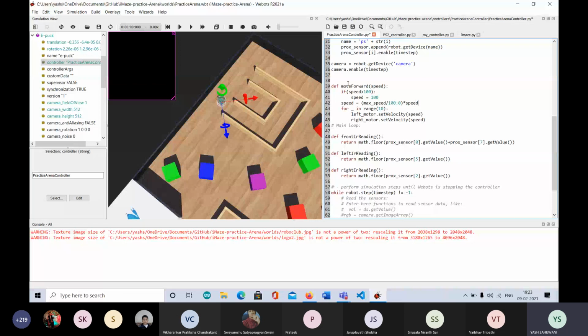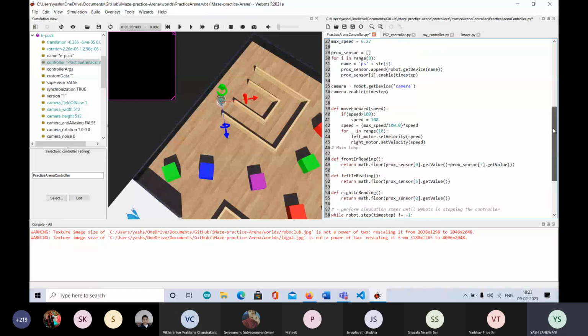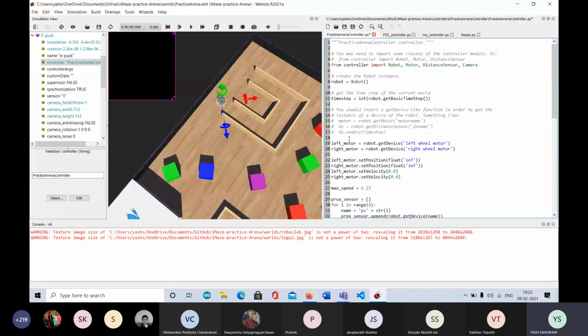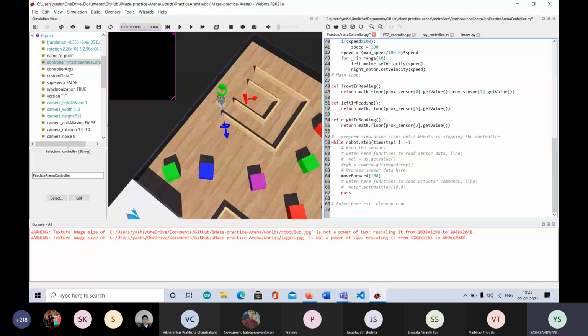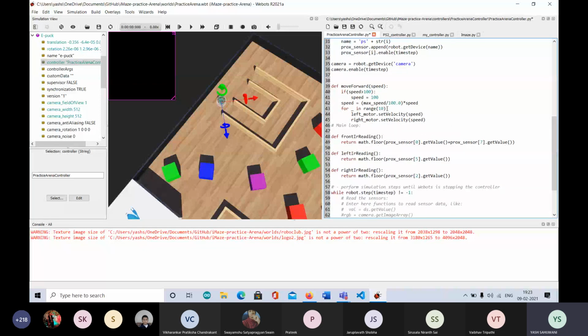So this is pure maths, it's nothing. Basically max speed is the max speed that the robot's motors can go, and here I've defined it to be 6.27, right? So to make it easier to visualize, what I've done is 6.27 by 100. So basically it will divide it into 100 different pieces, and then whatever speed you give, it will take that amount of speed.